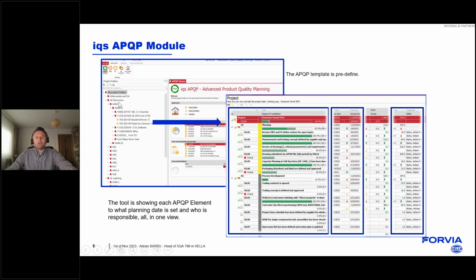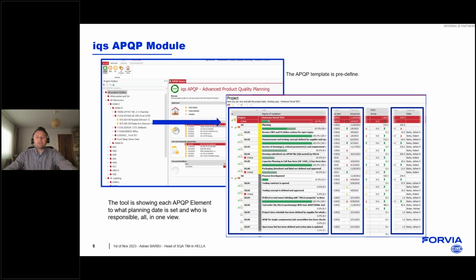So we have around 12 plants only in the electronic division, where we need to introduce one approach, which is a good structure and a good description of the elements and activities that our suppliers need to use. Every project itself is unique.